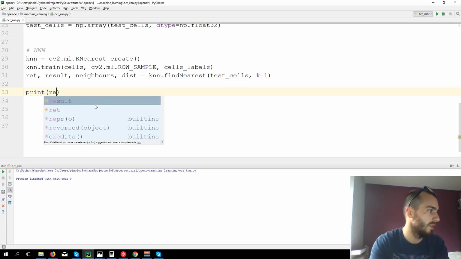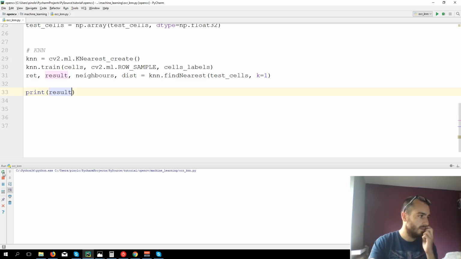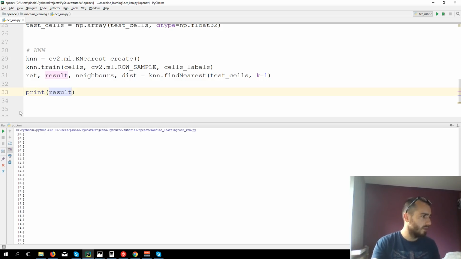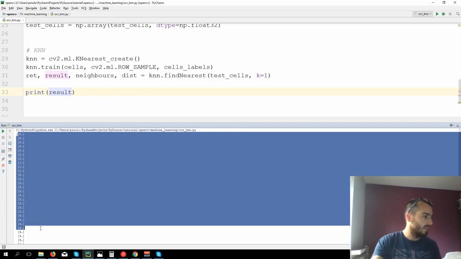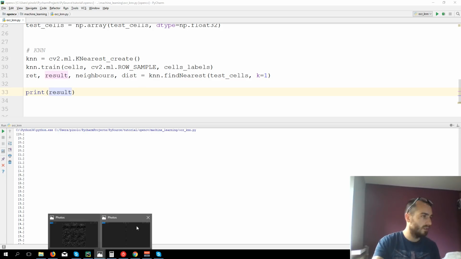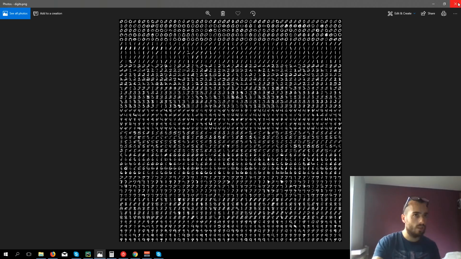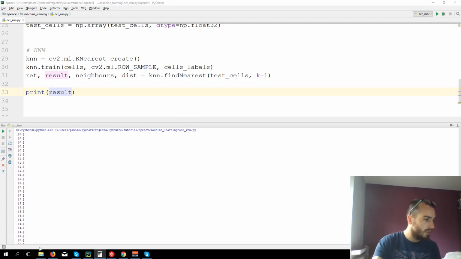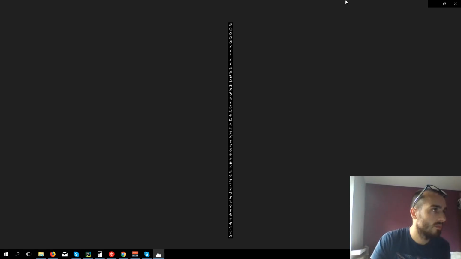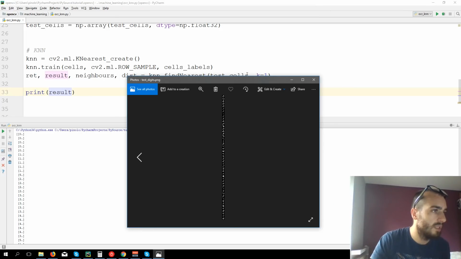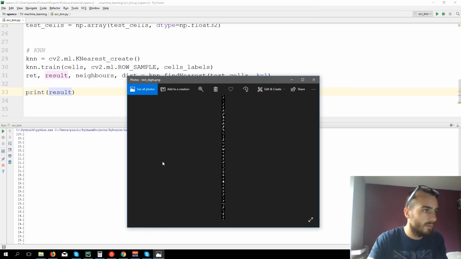Print result. So if we take the image, this is the result of all the numbers. So if we take the test digits one that I probably just closed, and we compare them with the result,